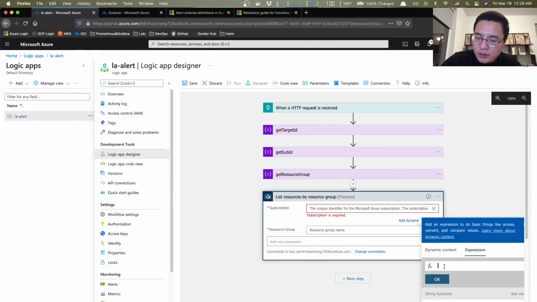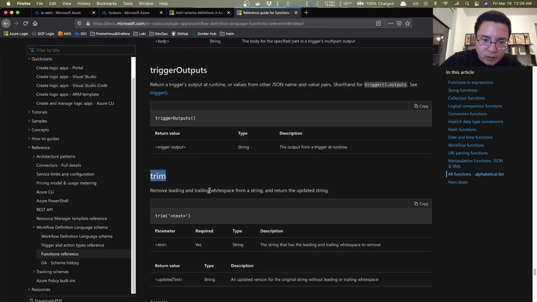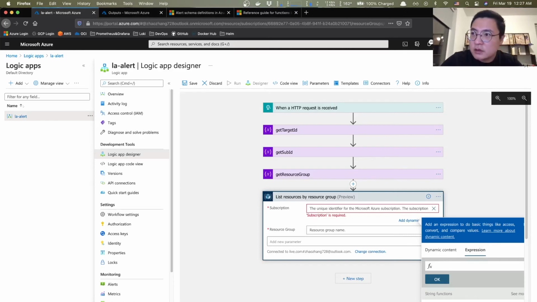Just in case the variable contains some white space from the string, we need to use the trim function. What this does is just remove leading and trailing white space from a string, right? Cool. So let's jump back here and use trim